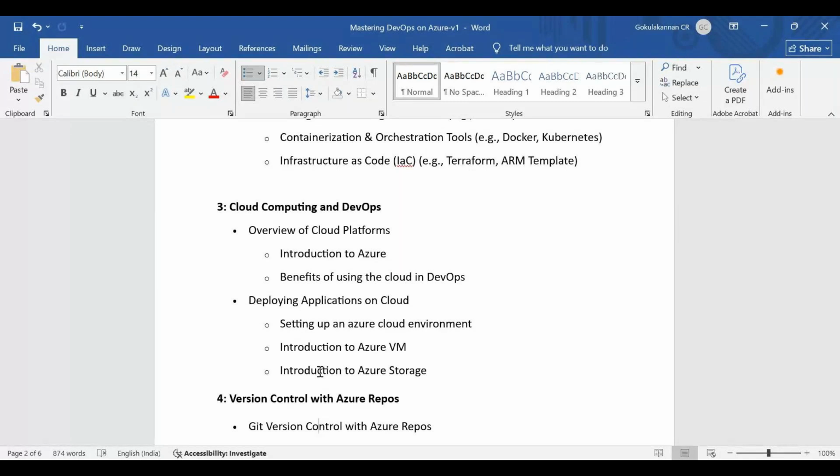So once the cloud concept discussions are done, then we will enter into the actual cloud. I'll be guiding you on setting up your Azure account, the free account. Again I'm giving this disclaimer: if you never used this free trial option before, you can sign up for the free trial for 30 days.